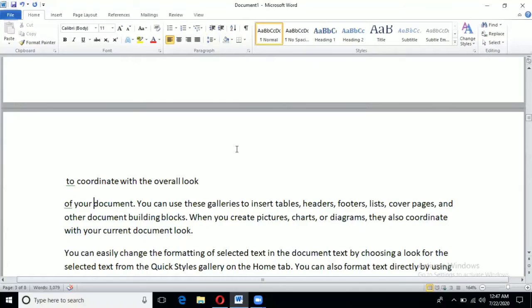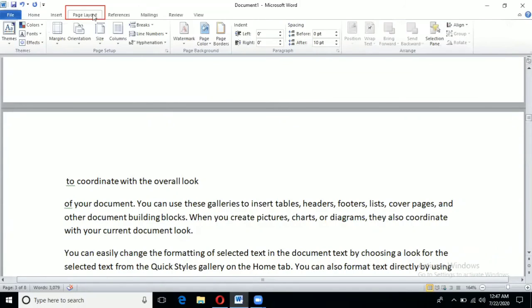So for this, we will click on the Page Layout tab. When we click on the Page Layout tab, you can see the Page Setup group is here.